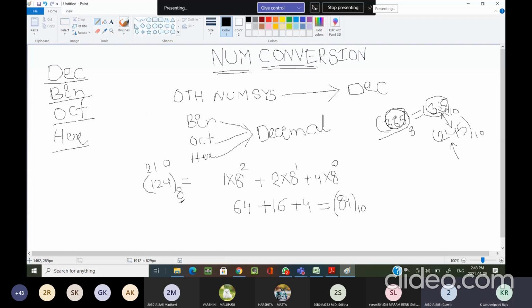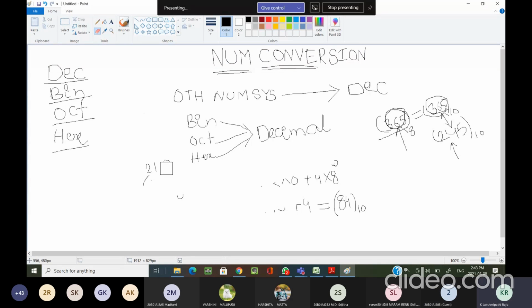You thought decimal, but you have to see at least my screen. Here I have clearly written 365 of base 8. If you are only listening and not seeing my screen, it won't work from our subject point of view. Okay, now we are wasting our time. Let's move to the next conversion.